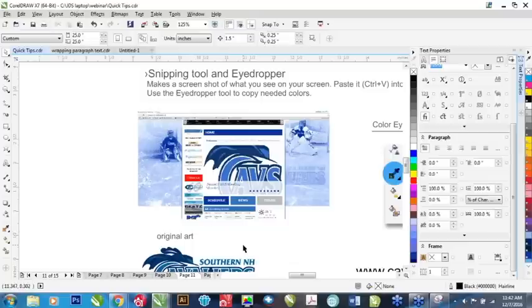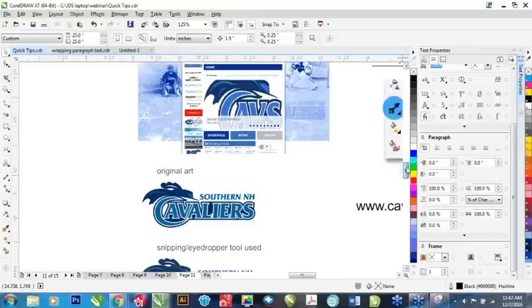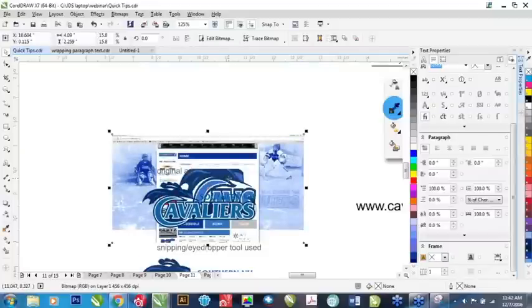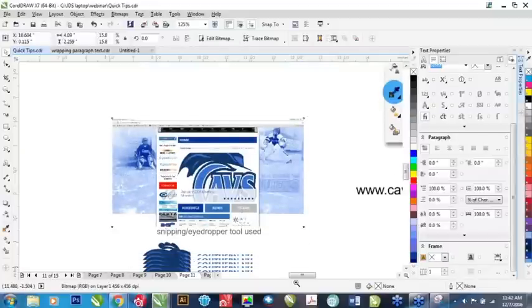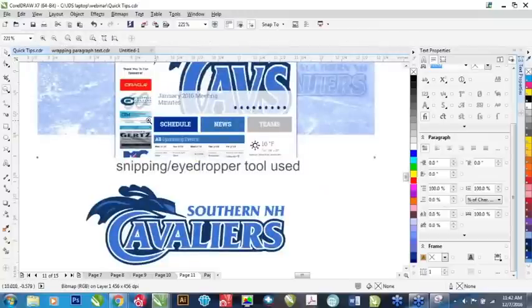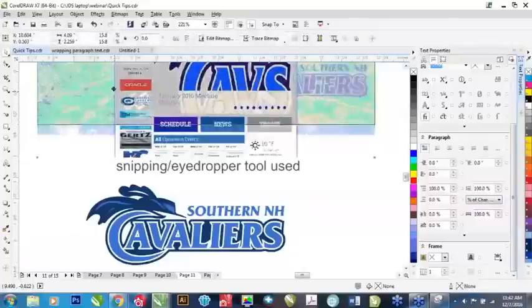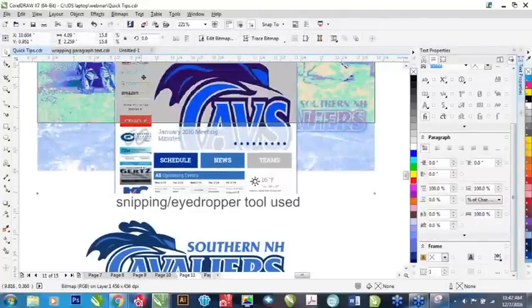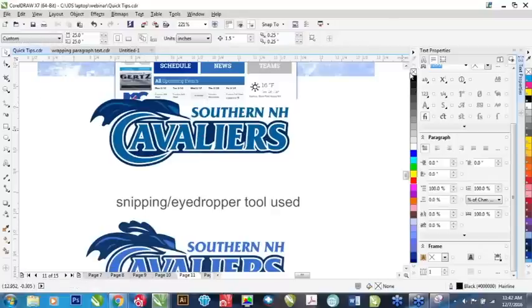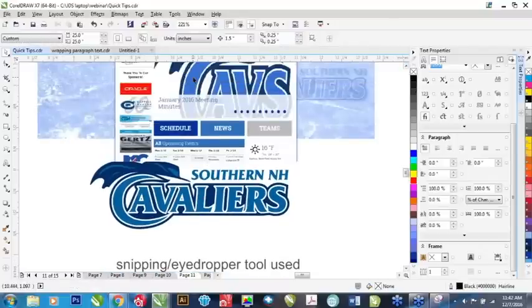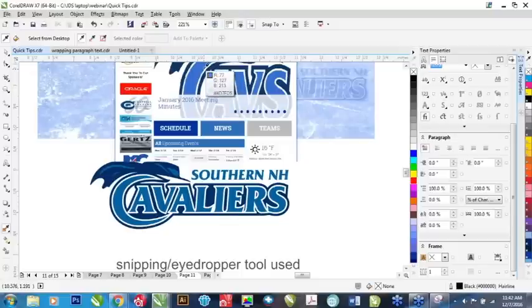Now, once I've done that, I can use the colors within this graphic, using my eyedropper tool to pull the colors from that snapshot to whatever it is I want it to do. All right, let's say that this is the snapshot. This is the colors I want to capture in the graphic. Here's the vector graphic that the customer sent. But these colors were not correct. These blues are a little more complex, a little kind of a dirty blue, but it needed to be a brighter, lighter blue. So we can use the eyedropper tool right here to take colors from that snapshot,